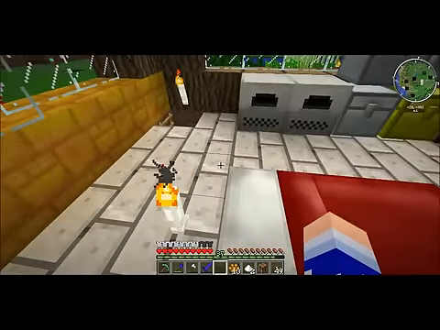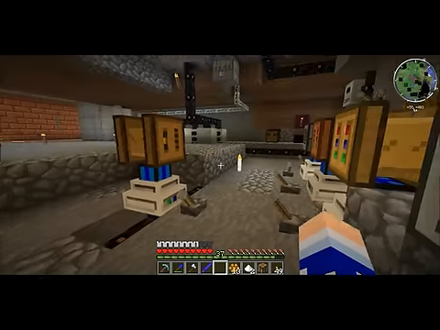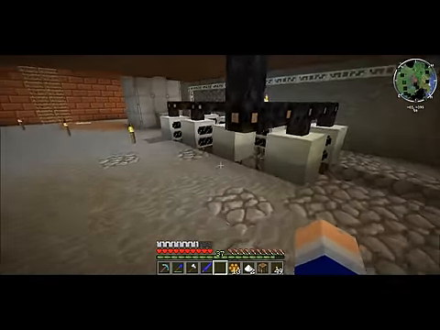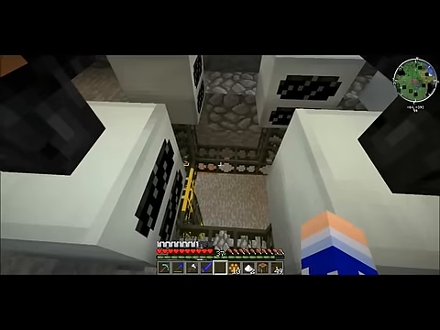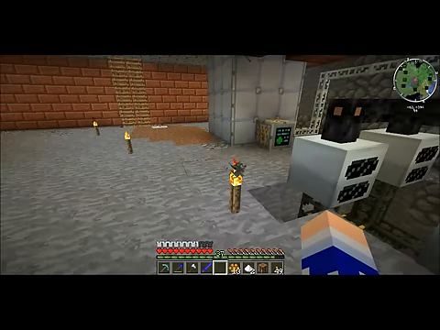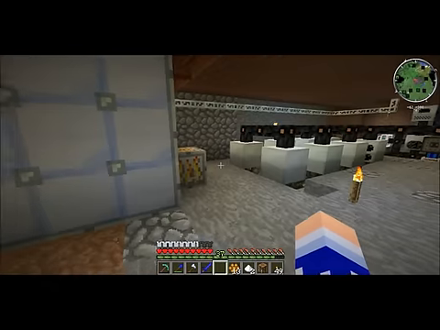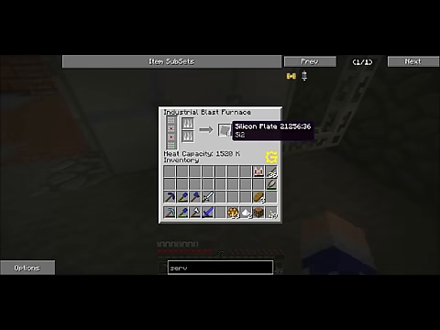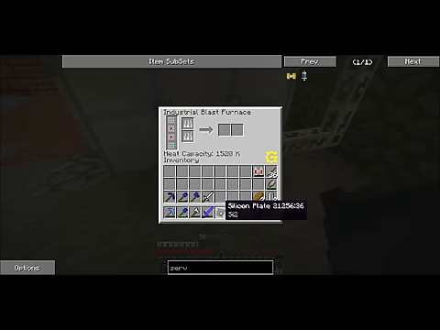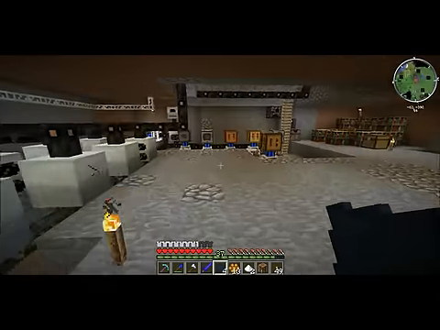But let's take a look down here and see some of the new stuff that's down here. I managed to figure out how to get my lava tank to work. All I needed was a wooden pipe. This is my big iron, my industrial blast furnace, so I can make these silicone plates, but I also need this to make titanium,